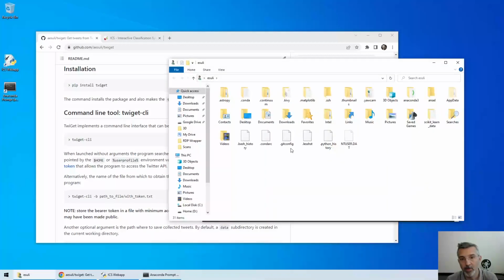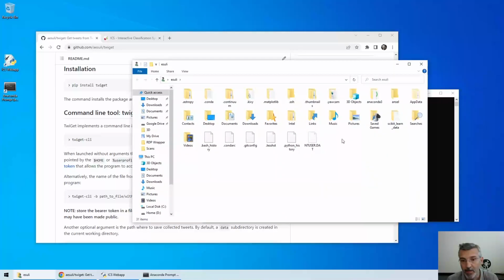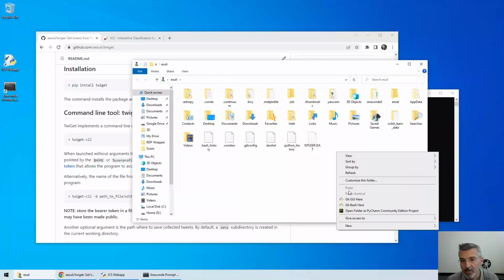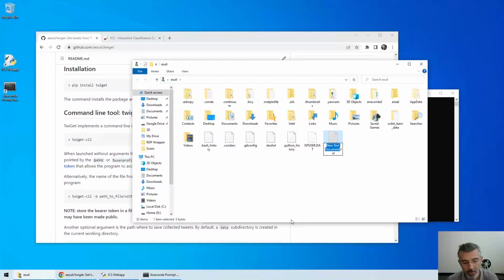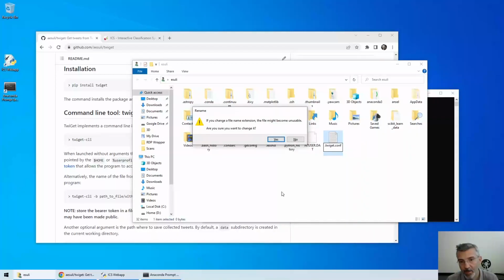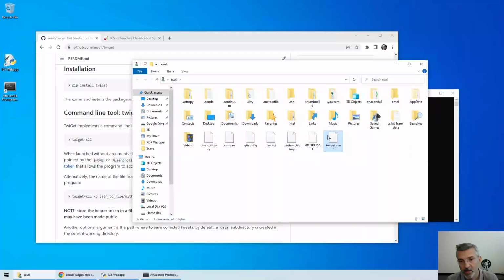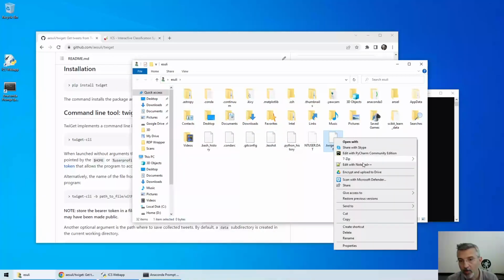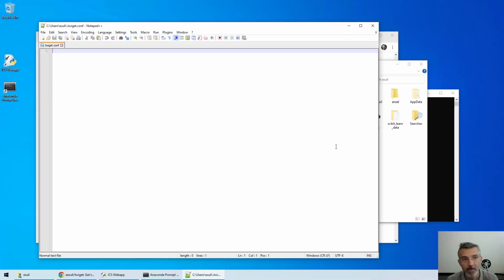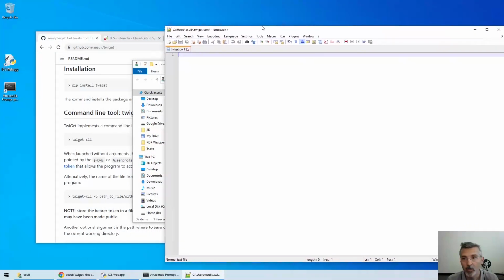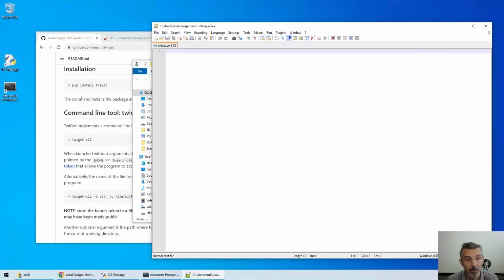issue this command to have the directory open, and here we have to create this file, new text document, and then we rename it to .twiget.conf. Yes, change. Then we open it with any editor, and now here we have to put this bearer token, and there is